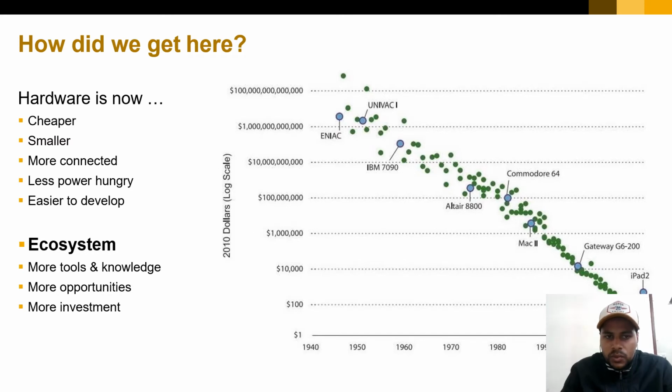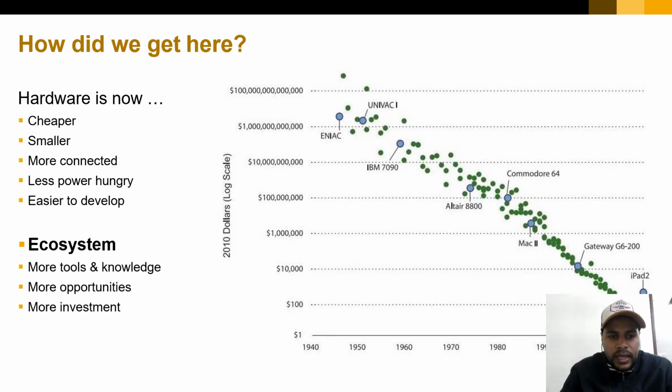First of all, hardware is very cheap and very small in size, and anyone can afford it, and we can put it anywhere. Smartwatches are also IoT devices, like watches, pens, and different wearables, and they are more connected. The data is very shareable on a real-time basis, they consume less power, and they are much easier to develop. That's why we are getting IoT devices at a very fast rate.